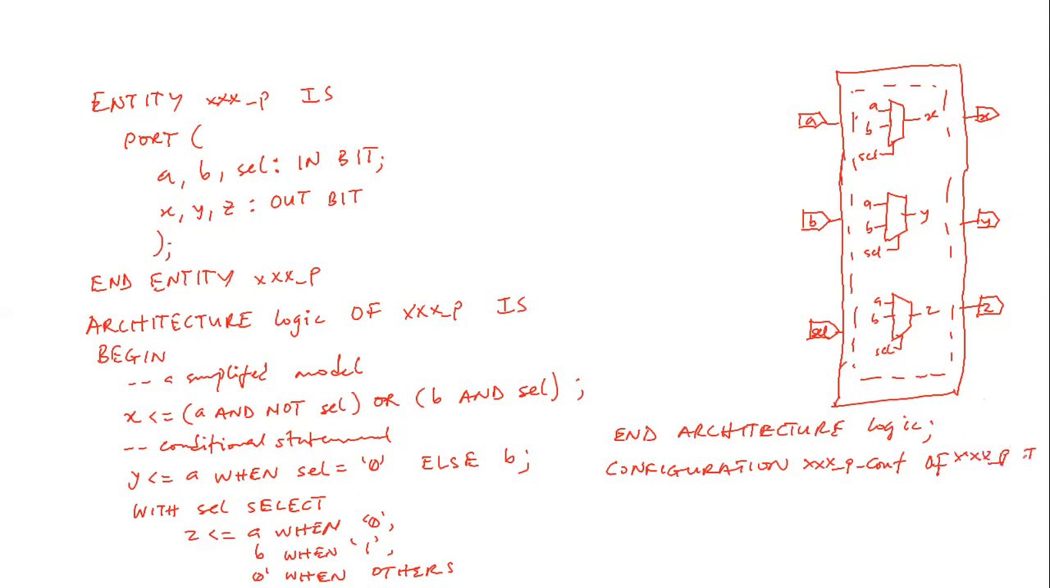XXX_P, then is for our architecture name, logic, then N4. Then we can say end configuration. Well, it's actually very interesting. Then configuration of our configuration name, XXX_P_com. Now,